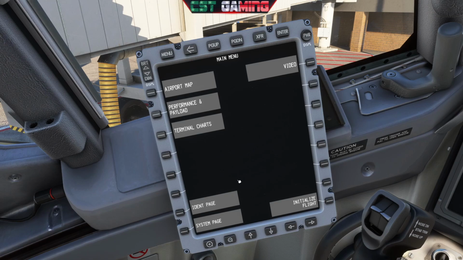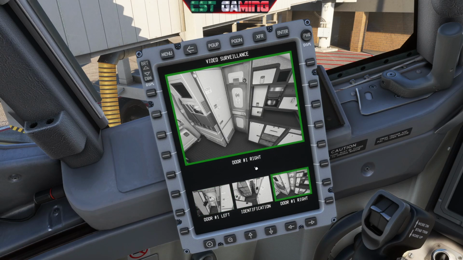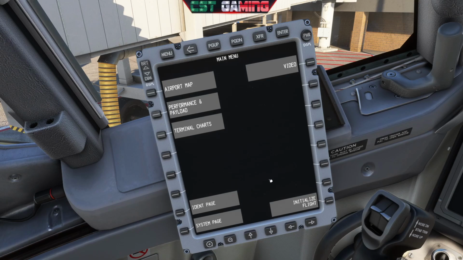The very first page of the EFB is where you have a couple of things to look at. You have your video page, which is just a couple of pictures of the cabin and stuff. It's supposed to be a video camera type deal, but we all know that Microsoft Flight Sim does not work that way. So they have just put some still images here of the cabin to give you the illusion that you are looking at the cabin. Then there's Initialize Flight, pretty self-explanatory. Once you are done loading everything and everything is to your liking, you're going to go ahead and initialize the flight. But the first thing we're going to do here is actually make sure that our EFB